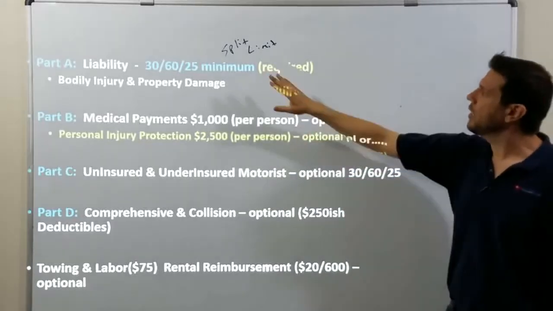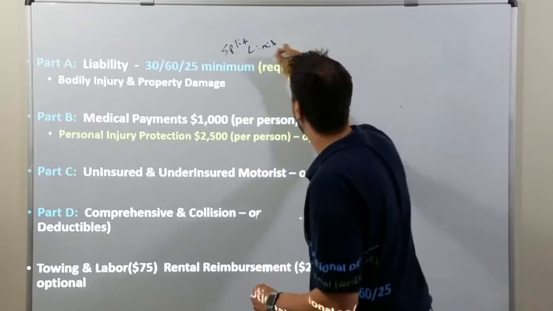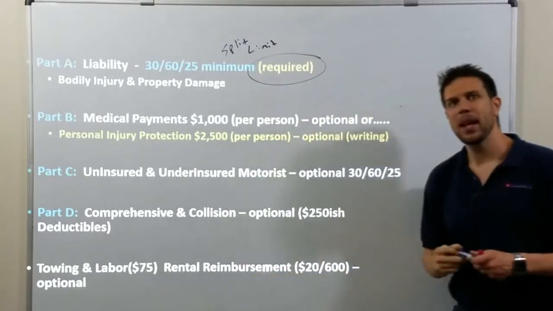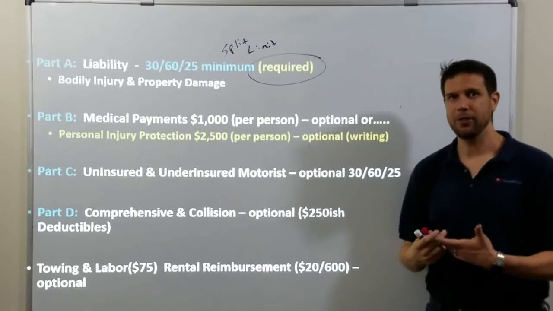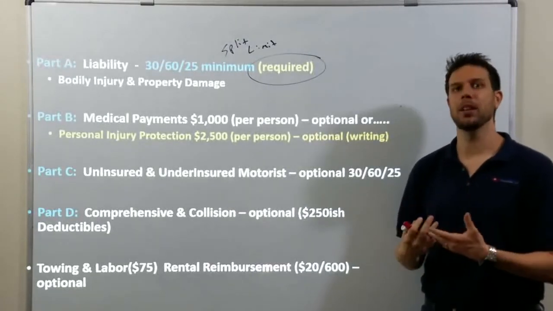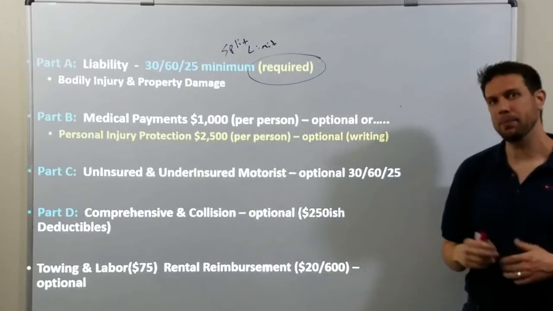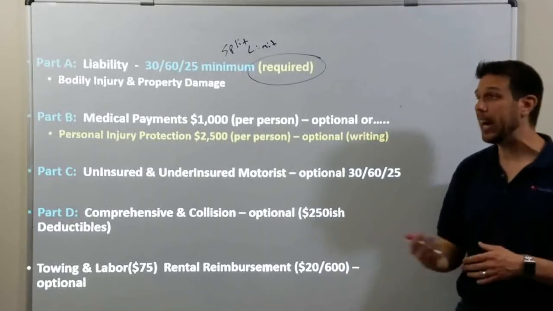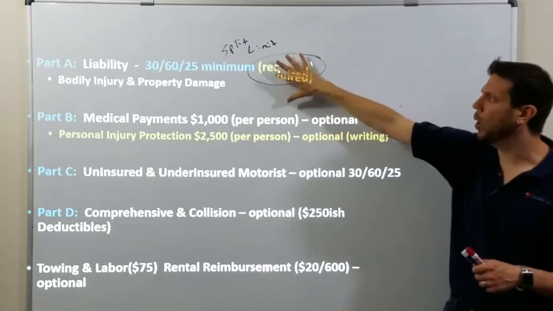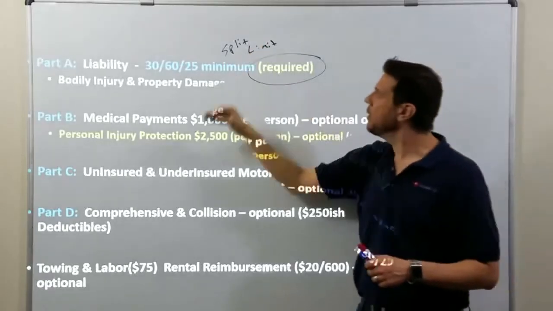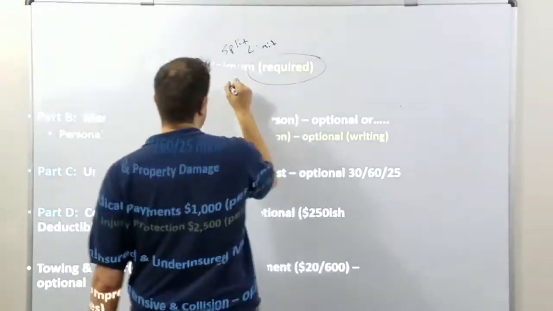In the state of Texas, liability insurance is the only required one. A customer cannot opt out of liability insurance. Every person must have liability insurance. In the real world, there's ways to get around that by like putting up a bond or having cash. But on your test, liability insurance is required. It's split limit. $25,000 property damage fixes the other guy's car.